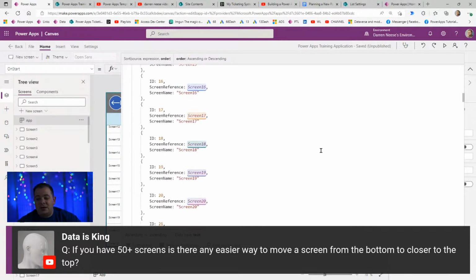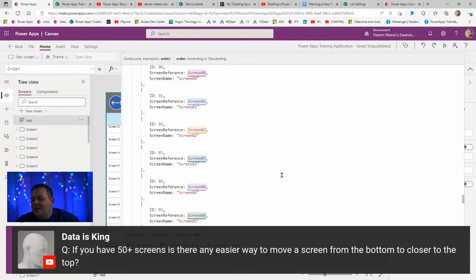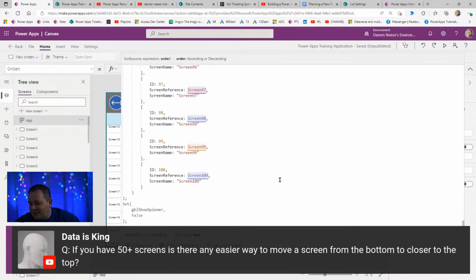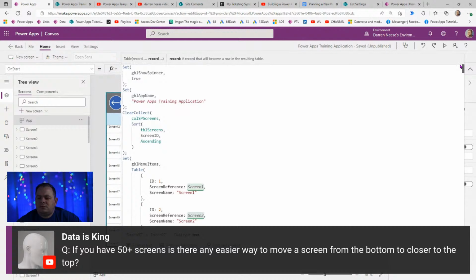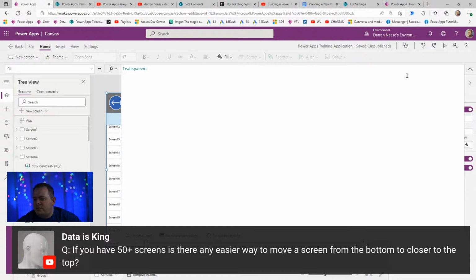Okay, so we have all these screens. Remember, we use Microsoft Excel to generate all this code for us. It was really cool, and I got that idea from Daniel Christian. He made a video about that, so I mentioned and linked to him on that. Okay, I'm trying to remember what it is. Okay, so we use this little global menu items for that,